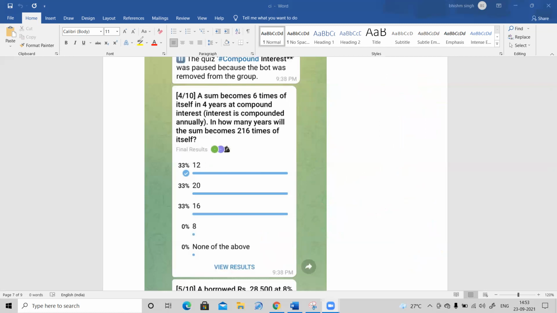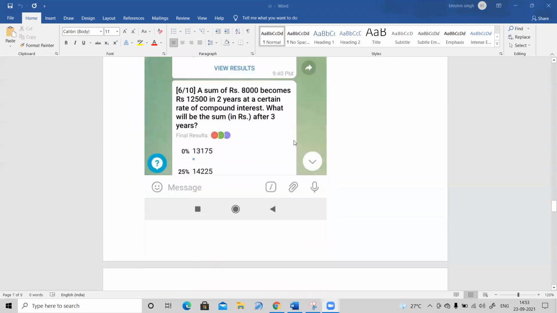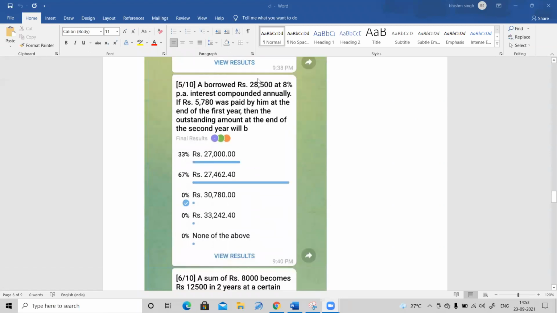Question number 5. Question number 5 is here, this one. Question number 5 is asking here. Nobody, I think, has given the correct answer. This is a very simple question. 28,500 rupees someone borrowed at 8% per annum compound interest. And he paid 5780 in the first year. Then the outstanding amount, meaning how much amount is left, at the end of the second year. So see, everyone,